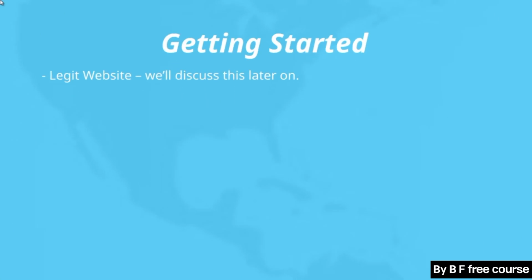All right, so with that said, let's talk about what you need to get started. You're going to need to have a legitimate website to show people that you are a real company. You're not just a one-man band, but even if you are, that legitimate website that looks professional enough will make you look like an agency. So we'll discuss more in detail why you need that and how you can have that and how that will help bypass most of the approval process.